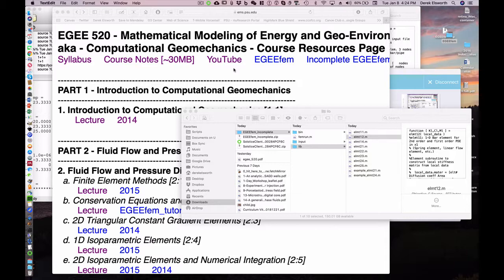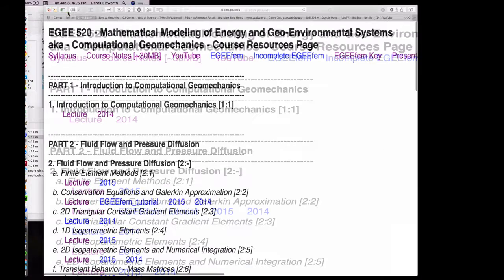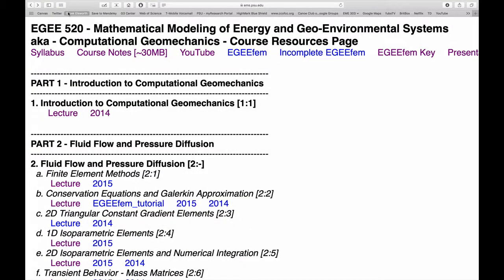If you're taking it in the EME program, it's not a qualifying class per se, but it's a tools class to give you some tools that you might want to use in the work that you do here as a grad student to be able to be more efficient and effective in what you do. And so from that point of view,